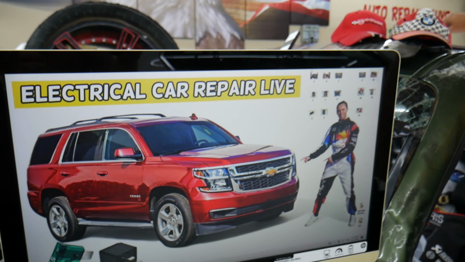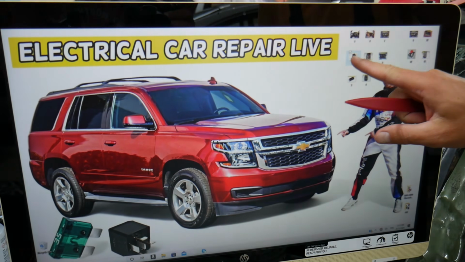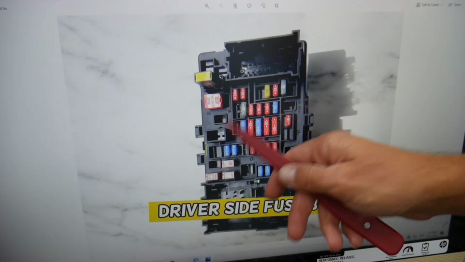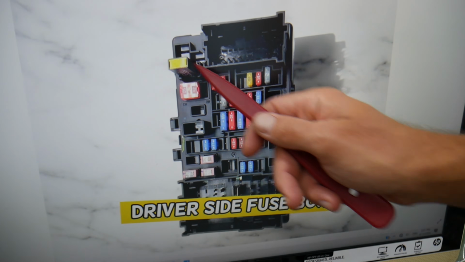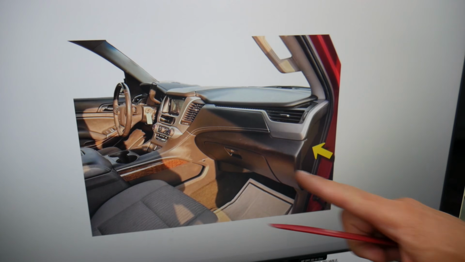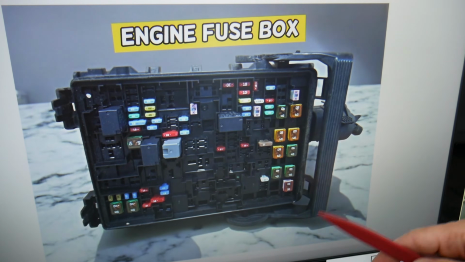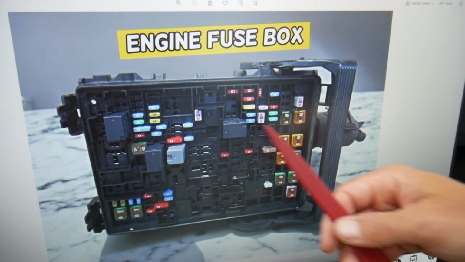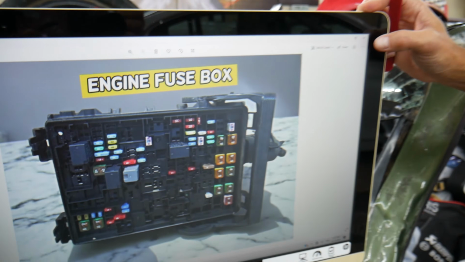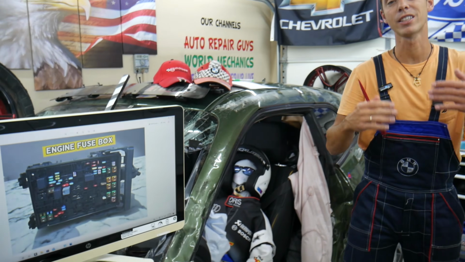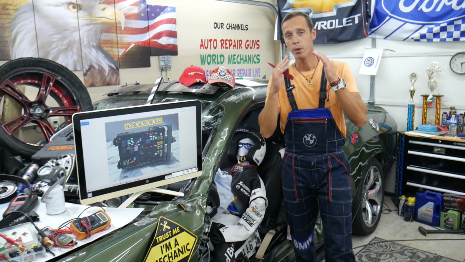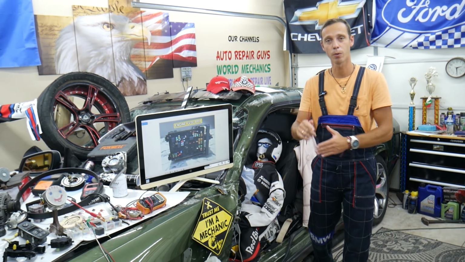So guys, I want to show you something now. Check this thing out. You have all different kinds of fuses. Fuses, relays, circuit breakers, something that could be really hard to find, and if you're in the middle of nowhere and you don't have a replacement one, you may end up being stuck, guys, in the middle of nowhere, or they can be seriously overpriced. So what we usually do is buy some spare ones and put them in the glove box